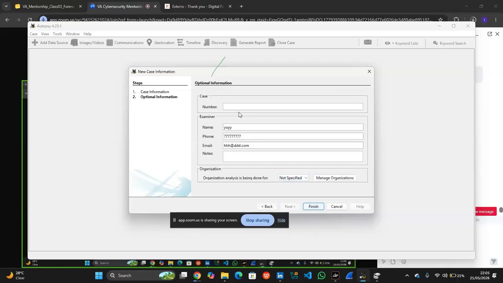Then next, this is something I just input earlier while it was in the file. So case number 001, same as the FTK Imager. The name, yeah, this is my name. So I am the person who's going to be examining it, I am the examiner. Should I even type in my phone number? Yeah, I should, because you guys can have access to my phone number since we are already in the same group. So all right, then email. Let me quickly type in my email.